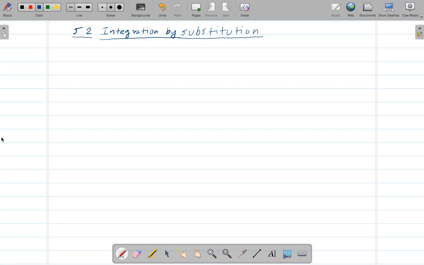In this section, we will be learning a new technique of integration. The technique here we'll be using is called substitution. This technique can be applied for only certain problems. It is not applicable to all the problems. So we will see on what kind of problems we can use this technique. But before we start the technique,